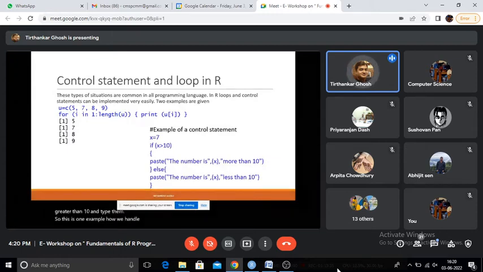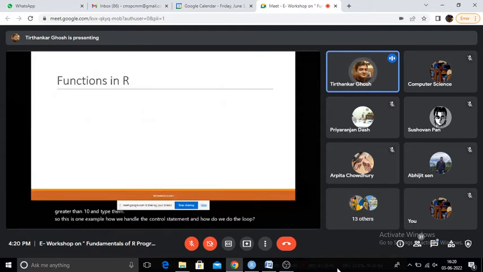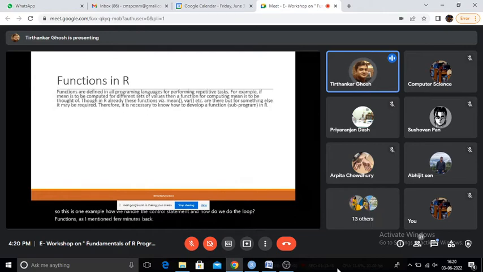Now functions, as I mentioned a few minutes back, are defined in all programming languages for performing repetitive tasks. For example, if the mean is to be computed for different sets of values, then a function for computing the mean is to be thought of. Like you have some values, I have some values, somebody else has some values.